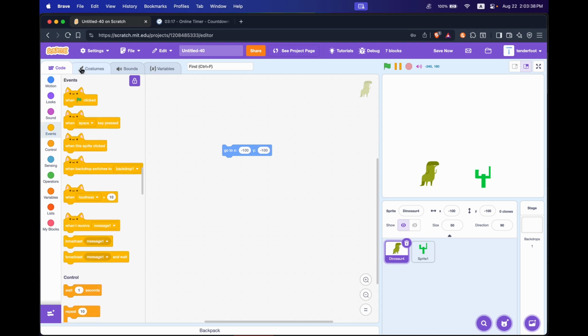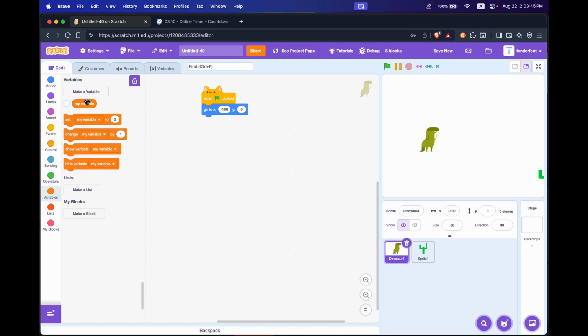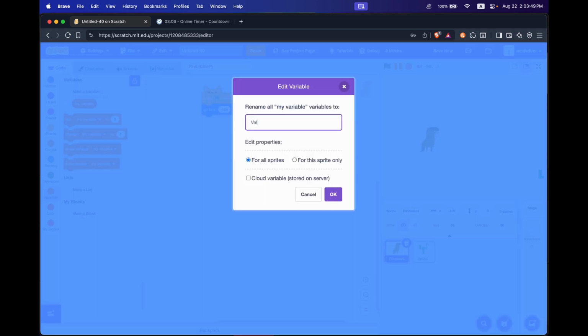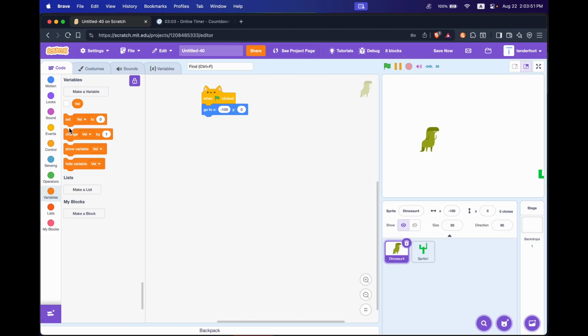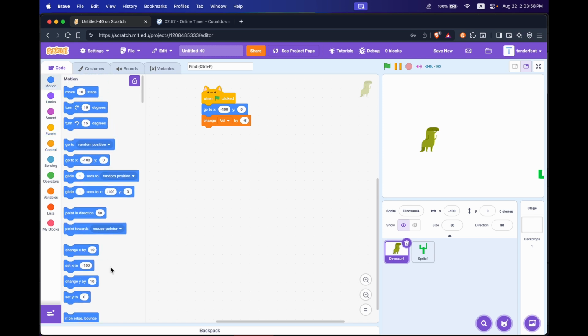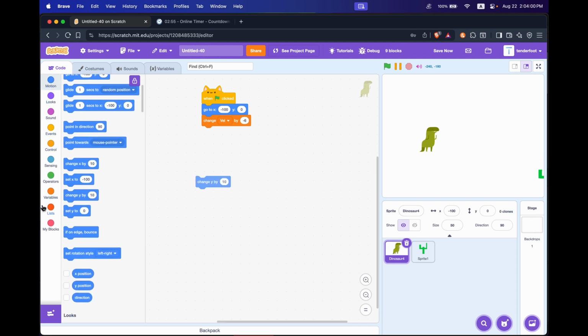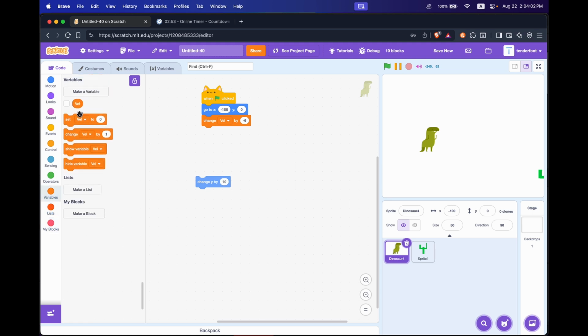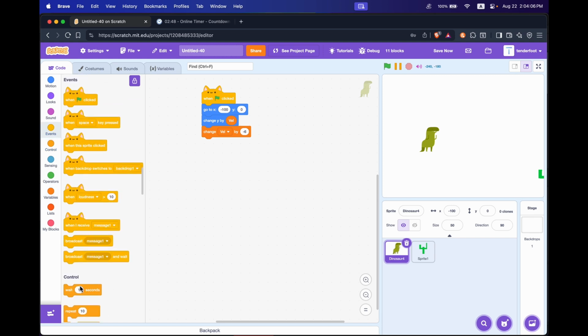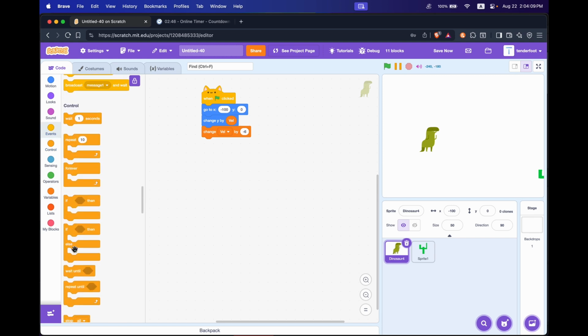Nice. Now when green flag clicked, okay, make variable, let's rename this velocity. Change velocity by -6, and change y by velocity, forever. Now I'll just do a repeat until